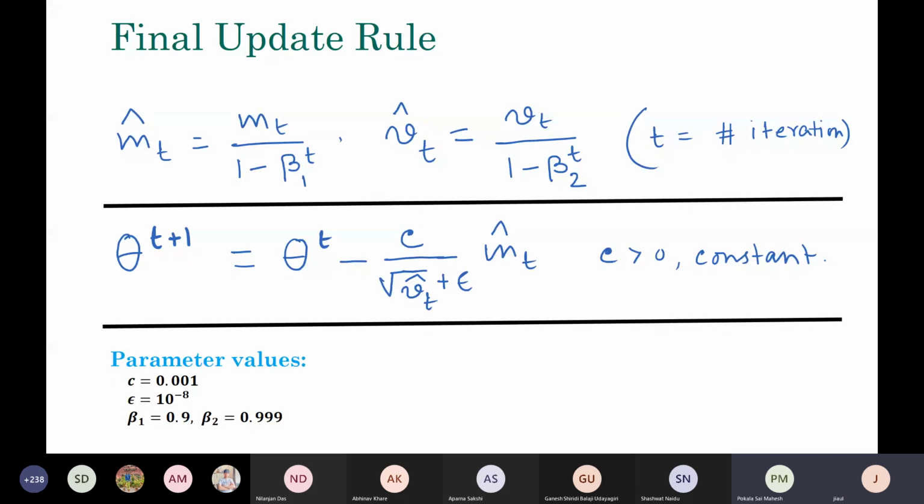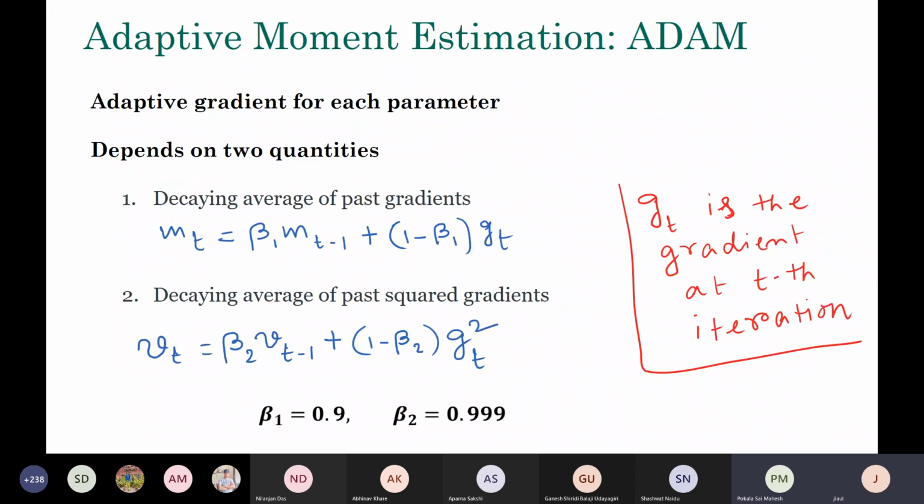That's absolutely correct. So I won't say present gradient. If you look at this expression, by present gradient, do you mean the gradient based on the current batch that I'm processing, or something else? Sir, at the Tth iteration, I'm saying. So what this expression is telling you is that to some extent, you are emphasizing the last few gradients more than the older gradients.